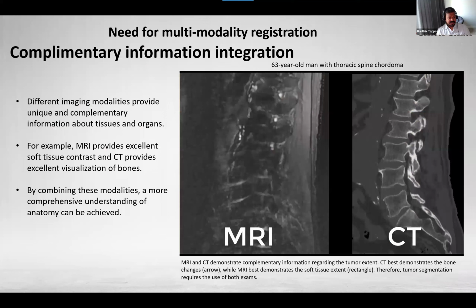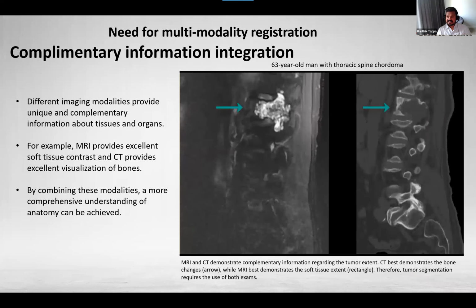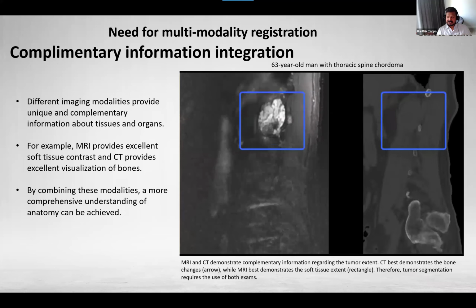For the purpose of 3D printing, we use both CT and MR images. There are only a few cases where we got away with using only either MR or CT images. The reason being, we all know these two images are very complementary, and both capture different types of data. So here, these are CT and MR images of a 63-year-old male who presented with a